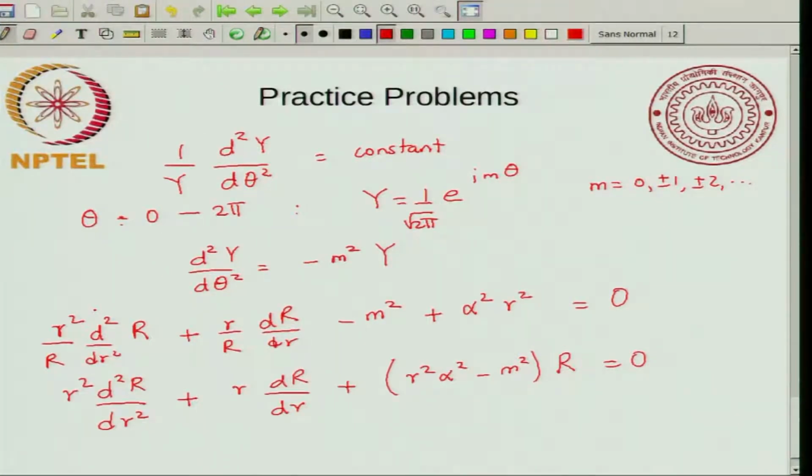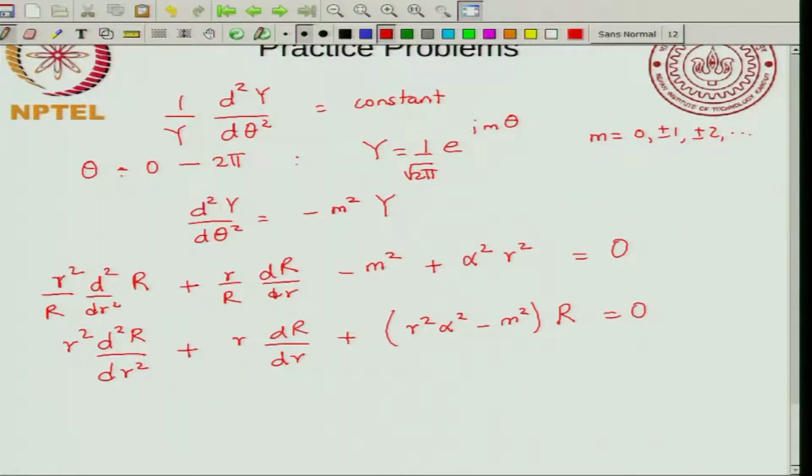Now once we put that, you get this exactly like the Bessel equation. If you want, you can make a change of variables and put s equal to r alpha, though you do not have to do it. But if you do that, then you can immediately see that you will get